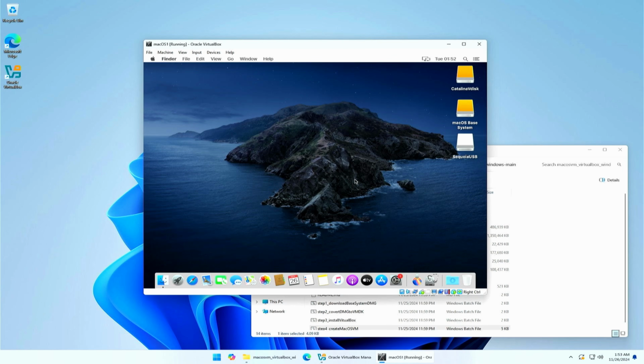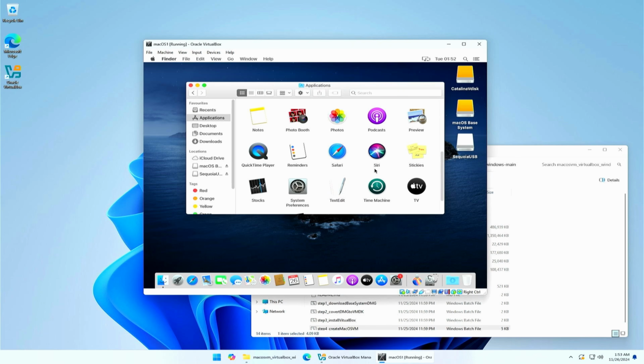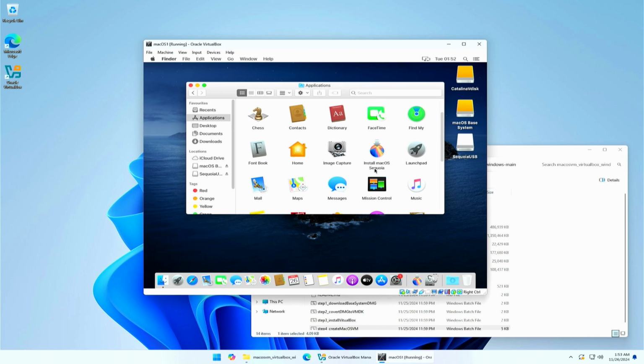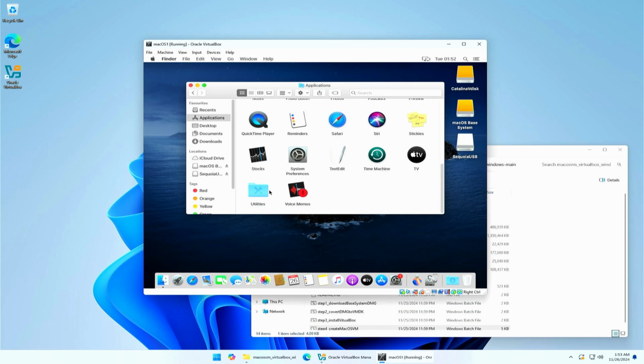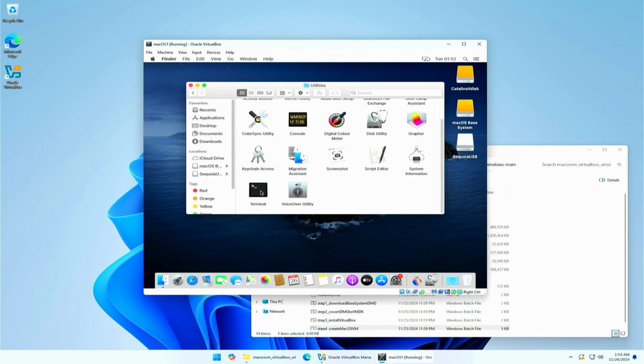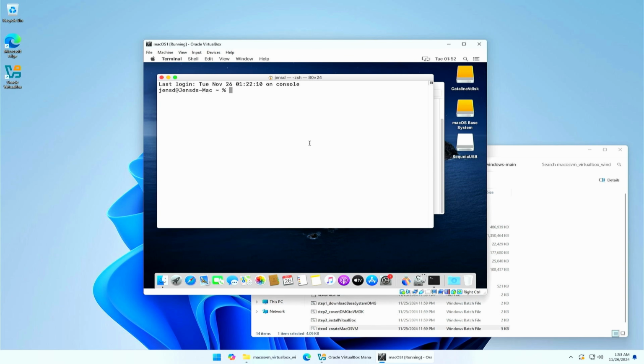At this point, we will make use of that new application on the virtual machine called Install macOS and the version of choice. There is no need to launch that installer application as we don't want to install this on the virtual machine itself. Instead, we need to start Terminal by going to Utilities, Terminal, and enter the following command.